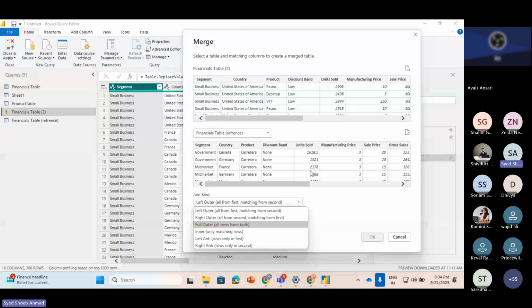Okay. Based on selection from the right table, but by default it's showing all the columns from the left table. Left table means our first table, this table. This is the first table and this is the right table. So when we click after selecting join kind,